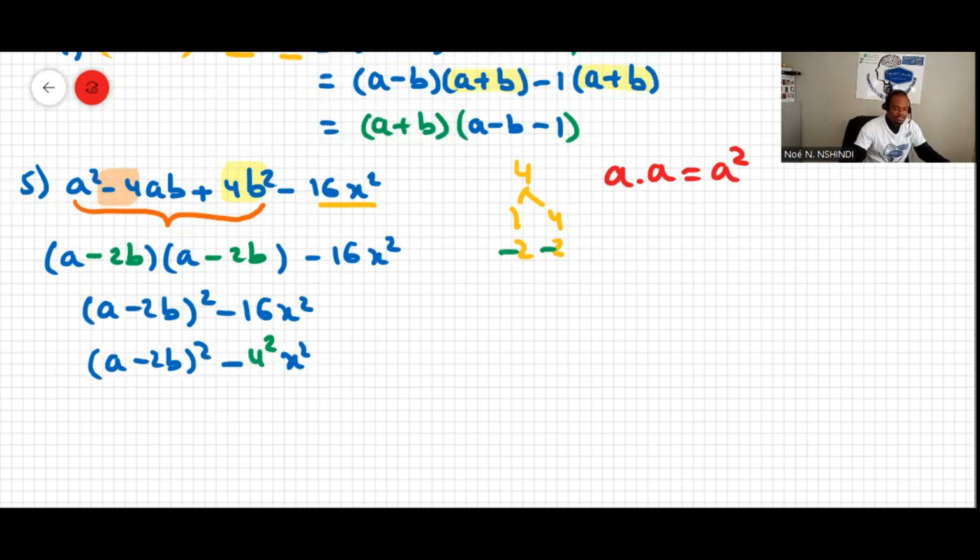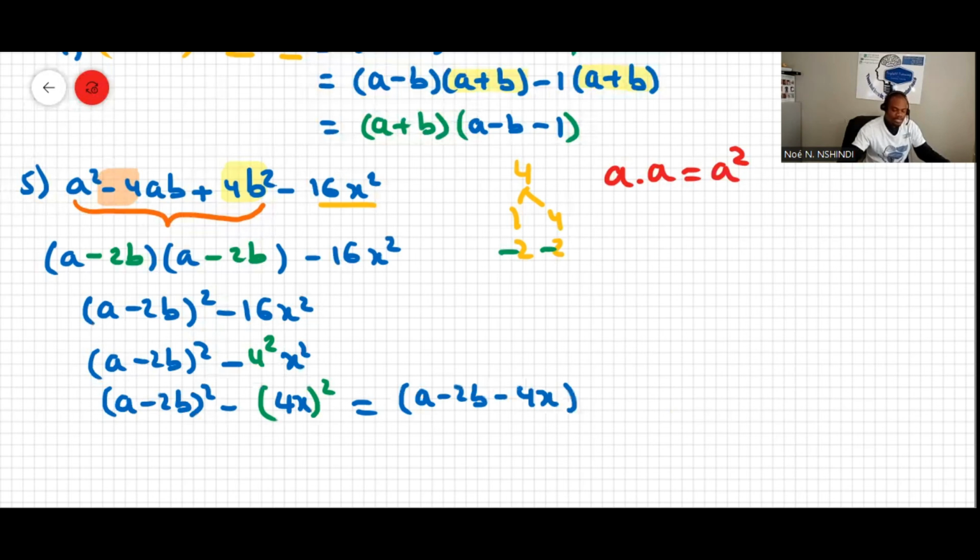Again, we can say a minus 2b to the power of 2 minus 4x squared. Okay, now this is a difference of 2 squares, so this will be equal to a minus 2b minus 4x,